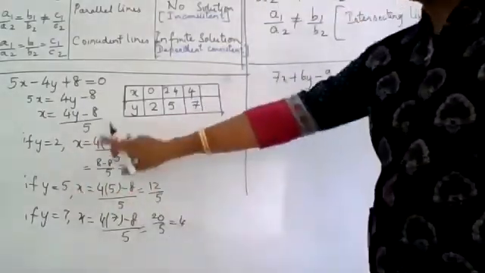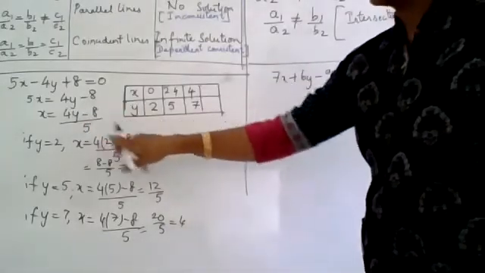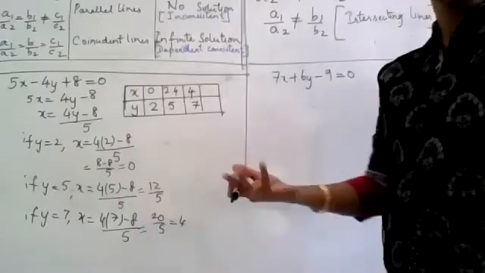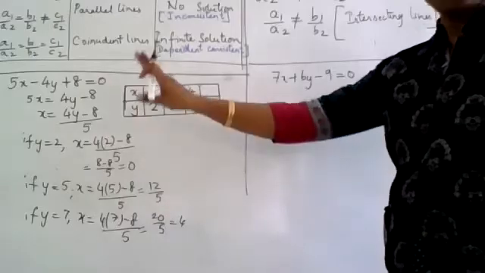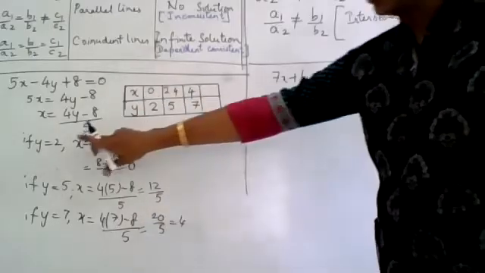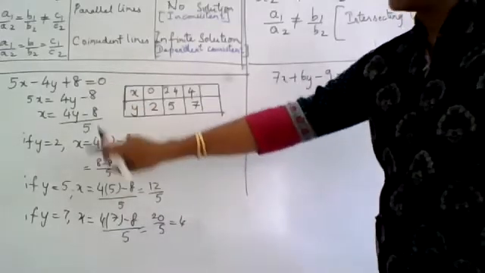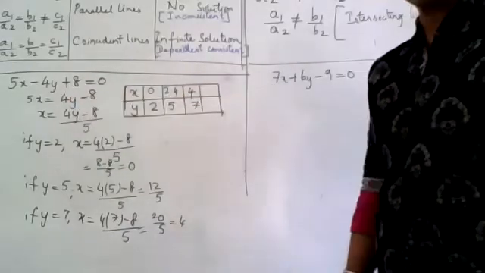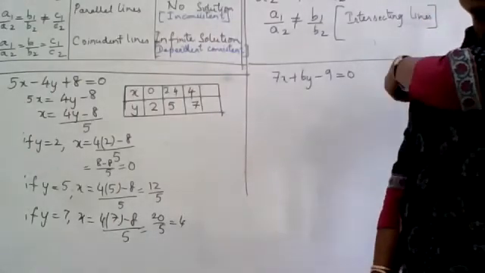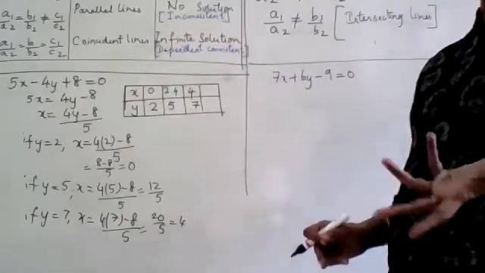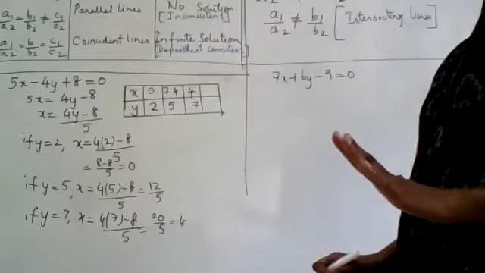If you want to work out and see, please work out and see. Nobody is stopping you. If you are able to mentally calculate what is the numerator and then divide, it is fine. So I could skip and go because I am able to calculate. If you want to do it one by one, after 2, 3 try, 4 try, then 5, then 6, then 7. Like that, starting with 0, try the value of y, and I will calculate what x is accordingly. So you can do it if you want. If you are not able to do it mentally, you can always write down, calculate, and do. Nobody is going to stop you.